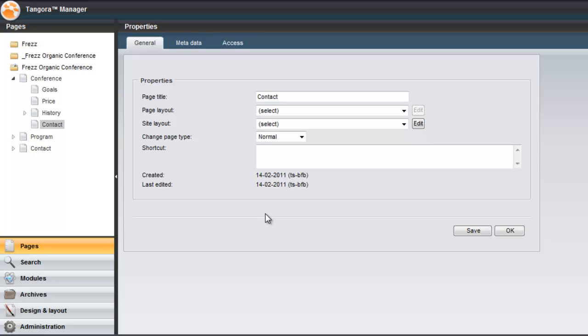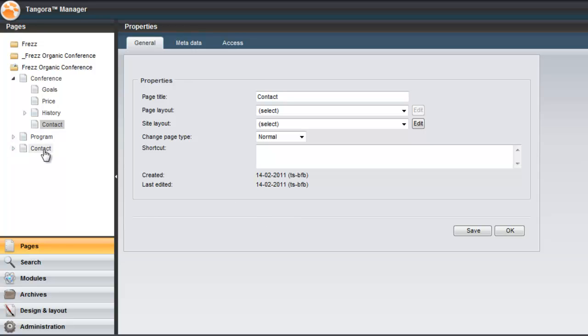Now, we've already seen the properties interface when we created each page, and I'm going to give you a little rundown here of what we have in a second. But for right now, I'd like to teach you about link pages. A link page is a page whose sole purpose is to link to another page. So the page serves a navigational purpose, but the content is controlled elsewhere.